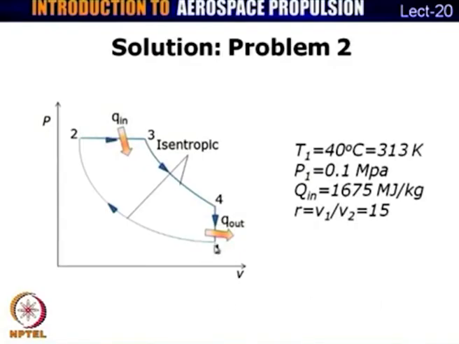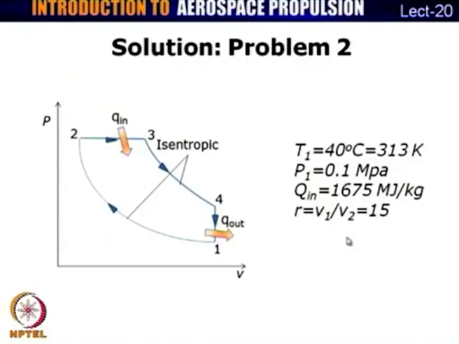So, the process begins at state 1, and there is an isentropic compression which takes it to state 2. From state 2 to state 3, it is a constant pressure process during which heat is added into the cycle. So, Q in takes place between state 2 and state 3. Process 3 to 4 is isentropic expansion, and process 4 to 1 is the heat rejection process, which is constant